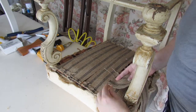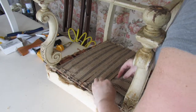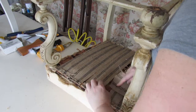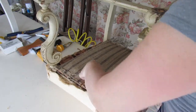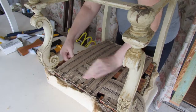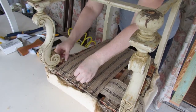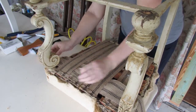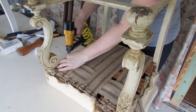But even though that's what it's doing, I still want you to, if you're doing this, feed these up and down the way they should be done, although this one's being a little bit awkward. They're done like this so that if any one of them falls out, it only slips so far. So let's pop this here, and I'm going to put this as close to the chair leg as I can. Leave about